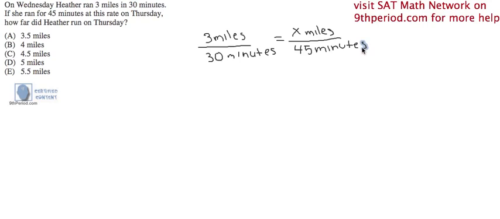Okay, so what we have to do is we have to solve for x. So the way we're going to solve for x, the first thing that we're going to do is we're going to cross multiply. So we're going to take 45 minutes, and I'm going to start using some abbreviations. So 45 minutes multiplied by 3 miles